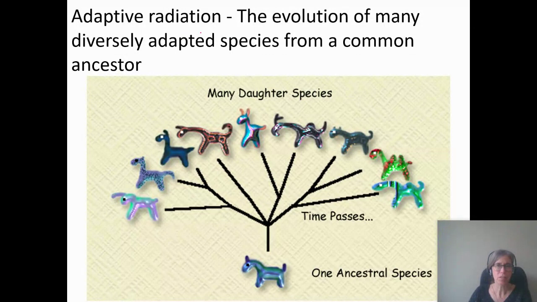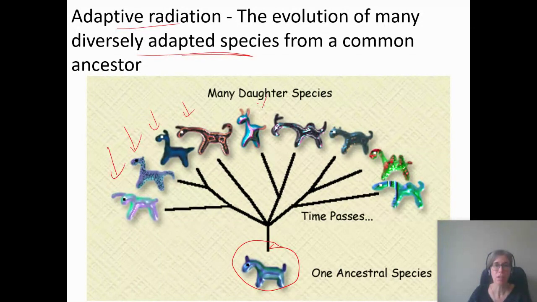Adaptive radiation is just an extreme example of this. It's the evolution of many diversely adapted species from a common ancestor. So maybe you have one ancestral species and it produces a whole bunch of different species over time. This is what happens often when you have one species make it to an island where there's really just not